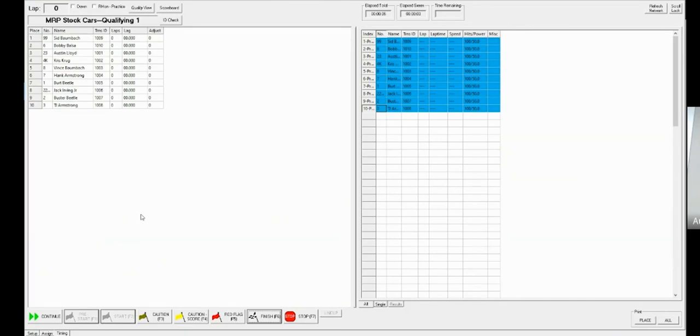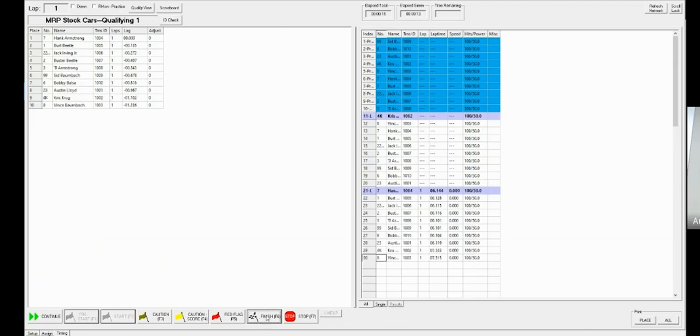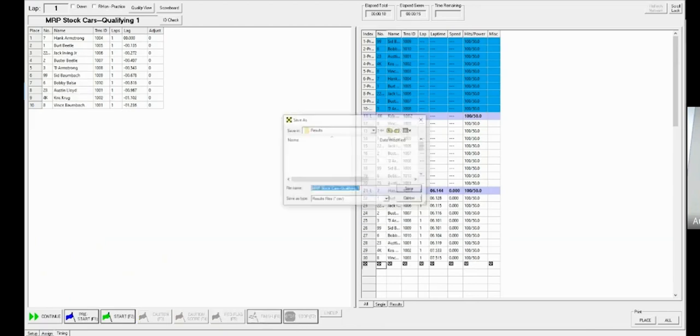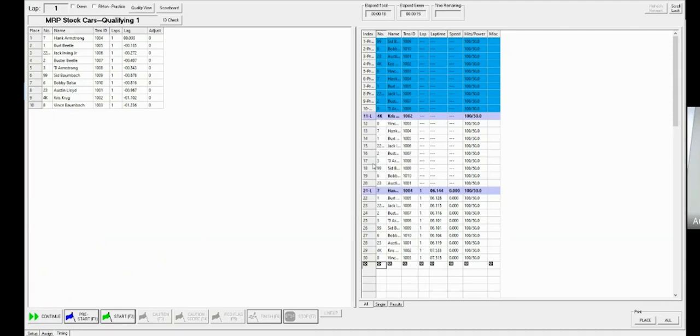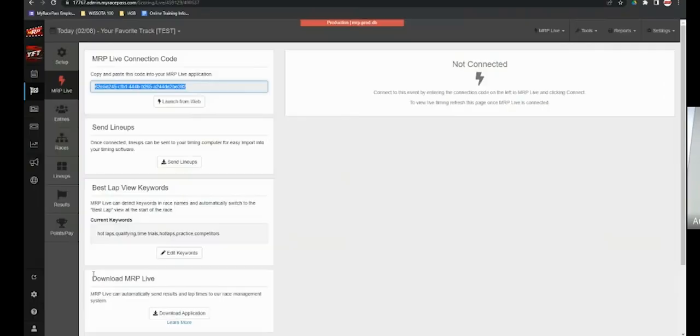So we'll go ahead and just give them 2 laps so we can have an official race in, because again, demo mode in Westhold doesn't like 1-lap races. So I'll finish and I'll stop. Perfect. Now when I come back to my race pass, all I have to do is go to the results